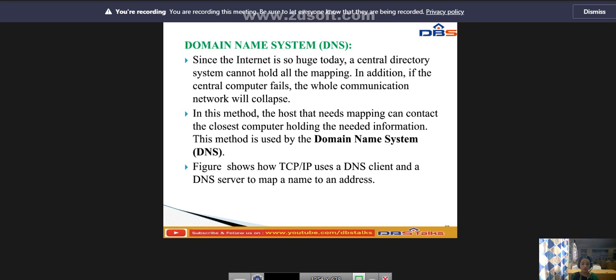This method is called the Domain Name System, DNS. It shows how TCP/IP uses a DNS client and a DNS server to map a name to an address.